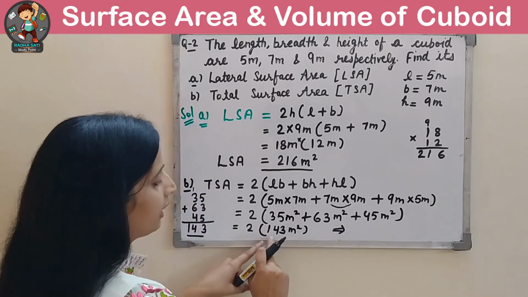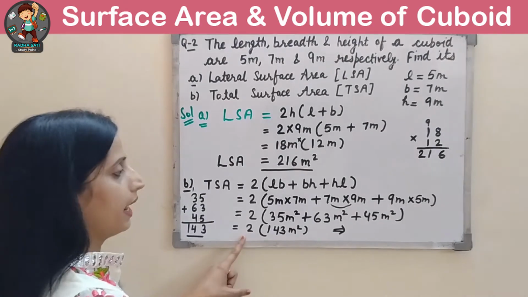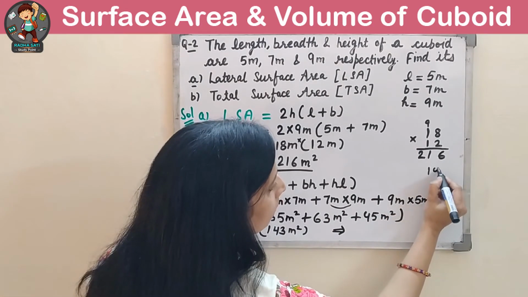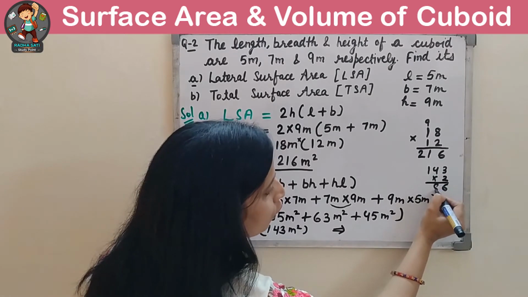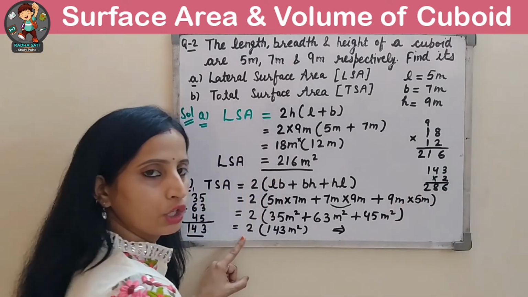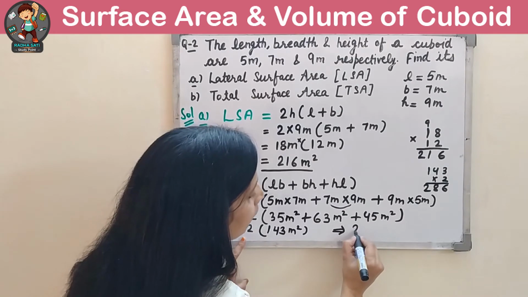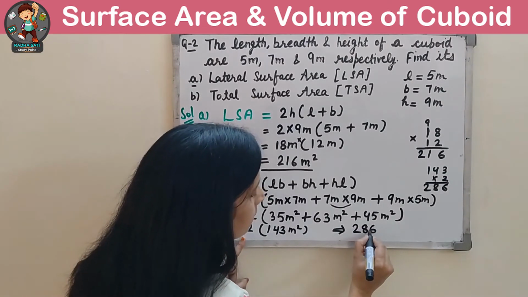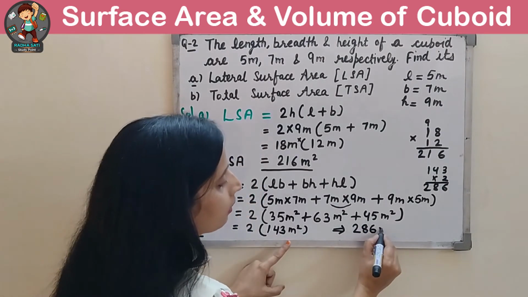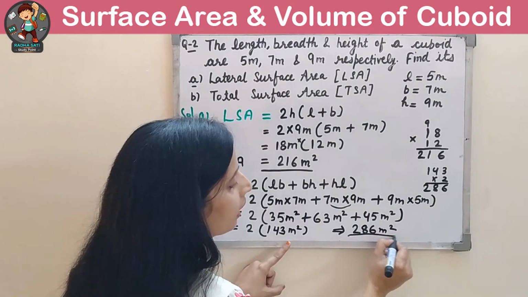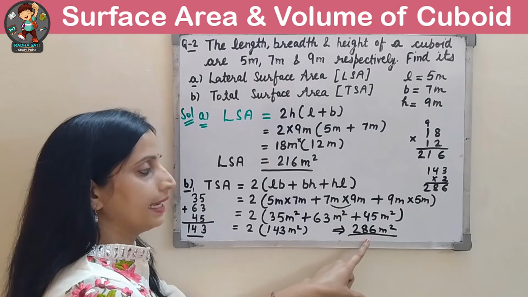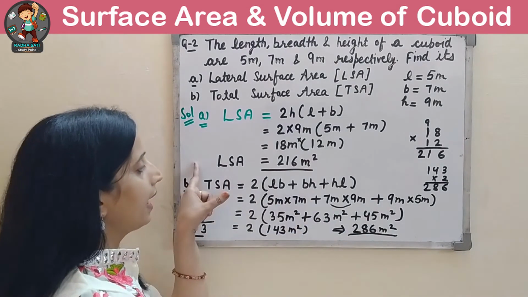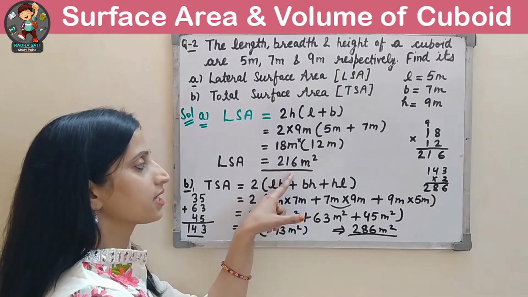Now we will multiply this 143 by 2. 2 threes are 6. 2 fours are 8. 2 ones are 2. So we will get 286 meter square. So here our TSA, total surface area, will be 286 meter square and LSA will be 216